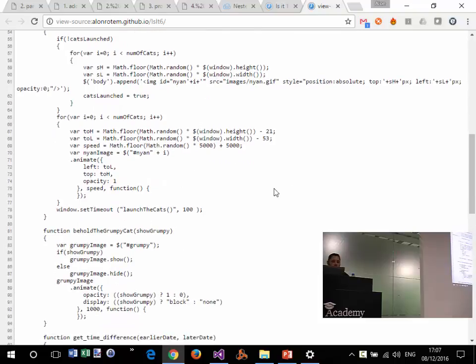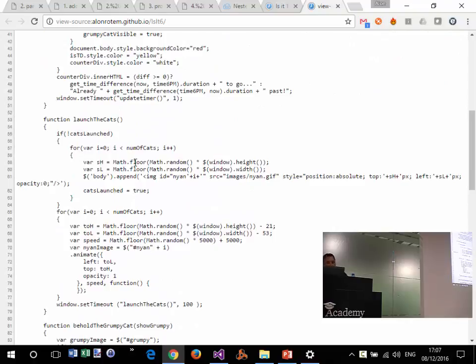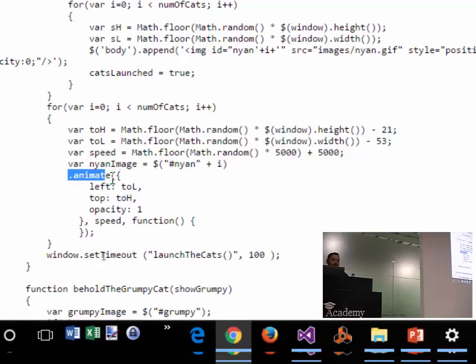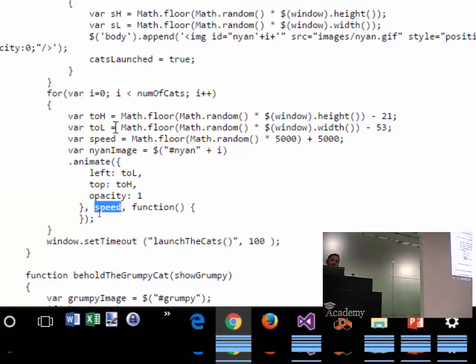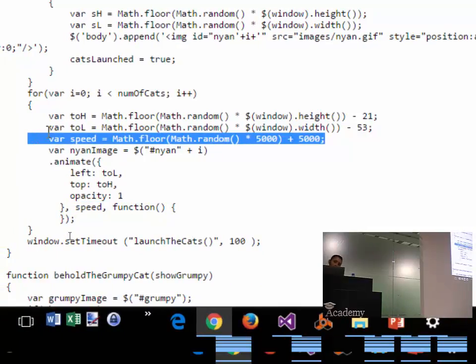But once you get the coordinates, all you got to do is, let me show you, you get an element and you just call the jQuery animate. Where you want to animate it to, what speed you want. So the speed is also, you see, a random function. So I'm calculating